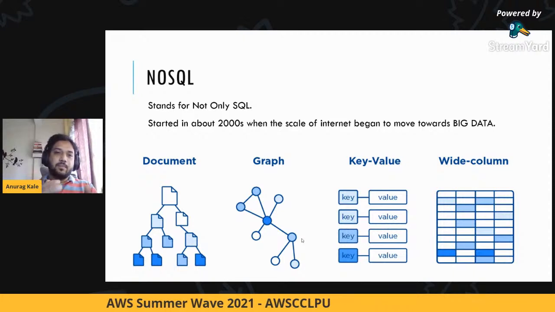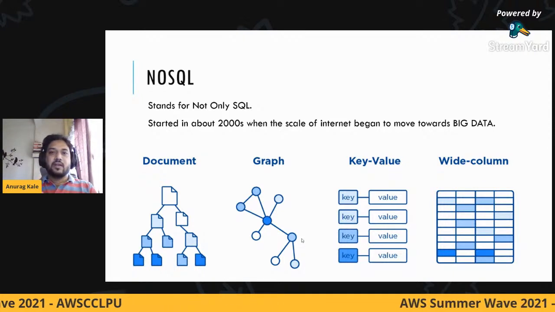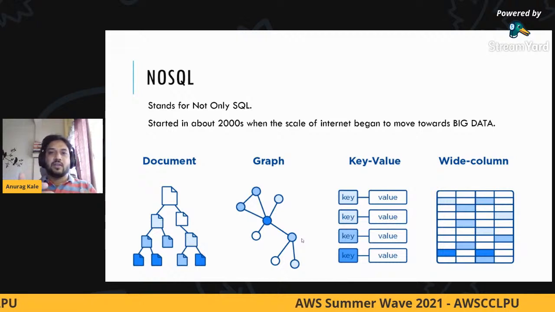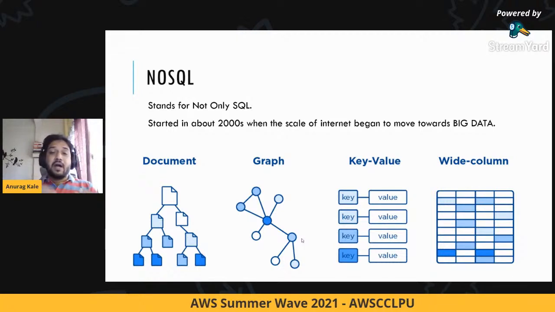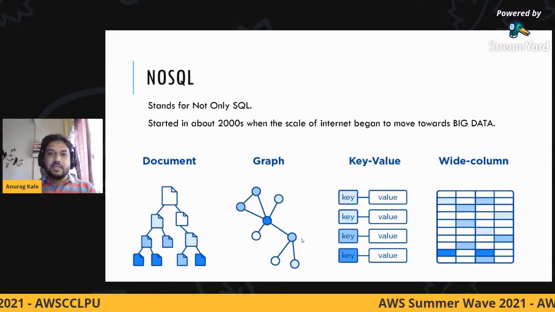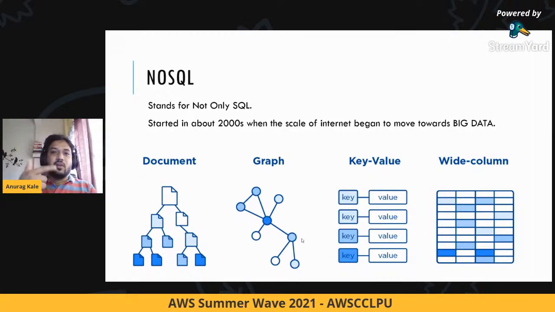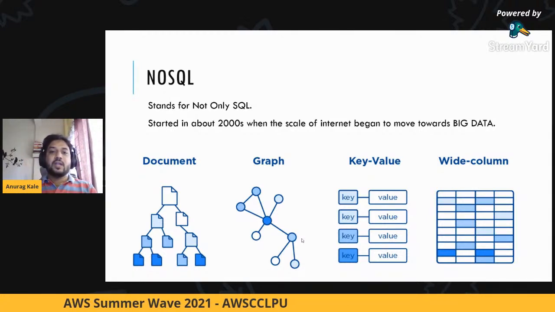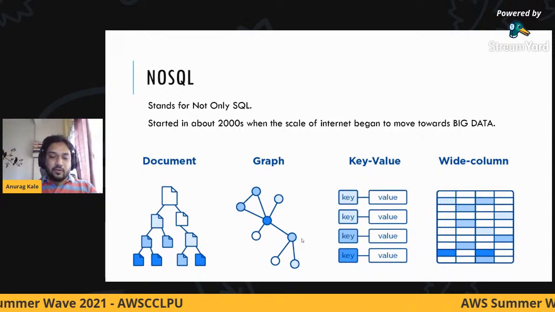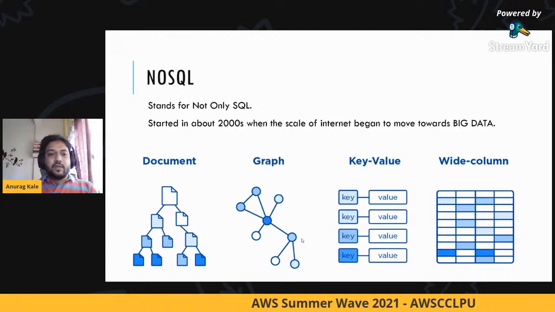But imagine a big conglomerate or a big business like Amazon, where they are trying to generate these kinds of aggregations, this kind of numbers, by crunching a lot of data. In those cases, it becomes imperative, it becomes very easy to store this data in columnar format, so that you can perform a lot of different logic on top of it, so that you can create value for the business, right? So this is a very brief introduction to the world of databases.